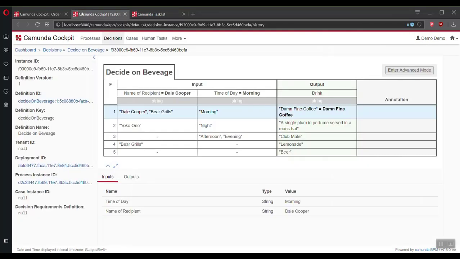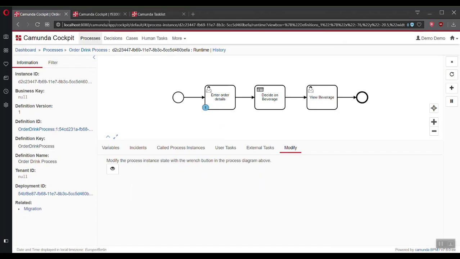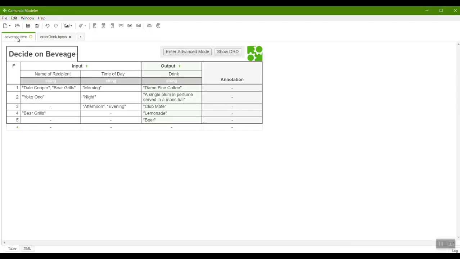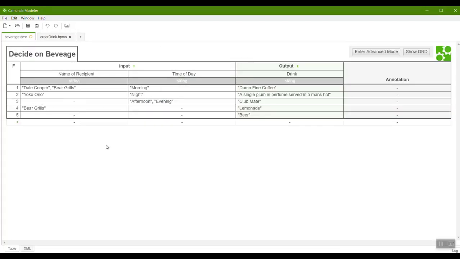Okay, now it's a very, very simple table, and I'm interested in making it more complex, and for that we're going to go back to our design and add something a little more interesting to it. So what we're going to do is add some changes to our DMN table and create a DRD model. Let's go back to our model itself first of all. So there's a BPMN model. We're going to head back here to our DMN table.